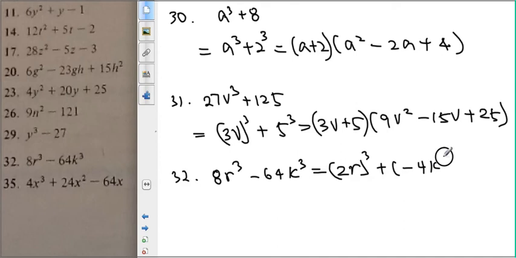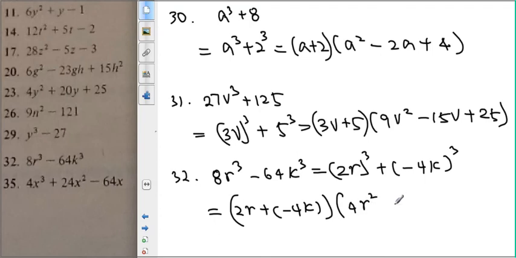And then k to the third power. Then here it goes. We get 2r plus negative 4k. And the second one is 2r squared, which is 4r squared, minus this one times that one, which ends up being 2r times negative 4k, and then the square of the last term, which is equal to